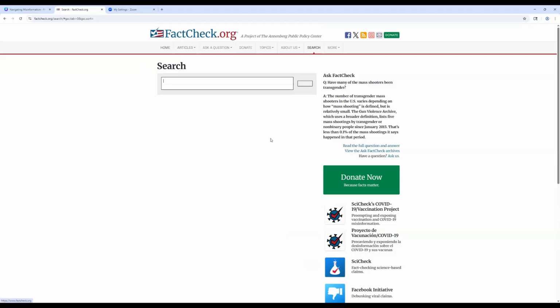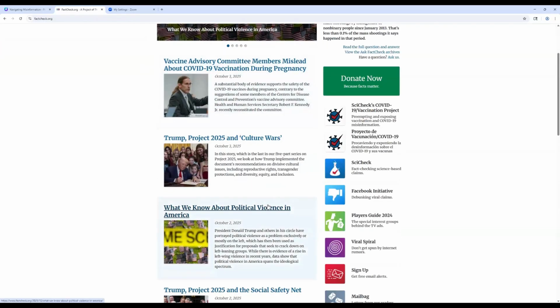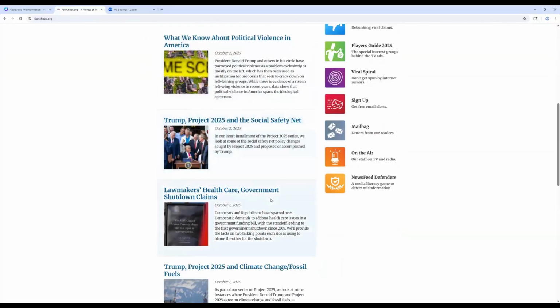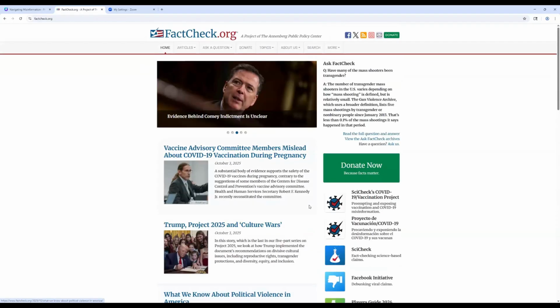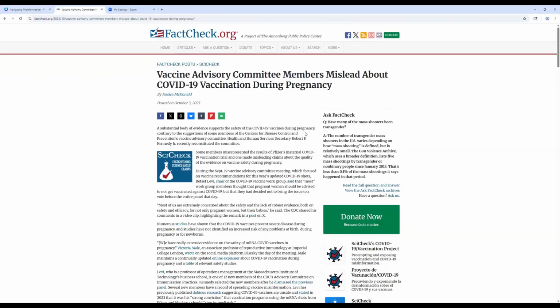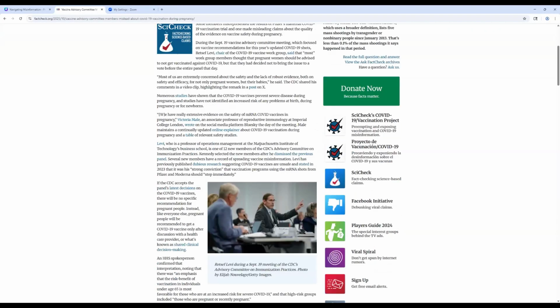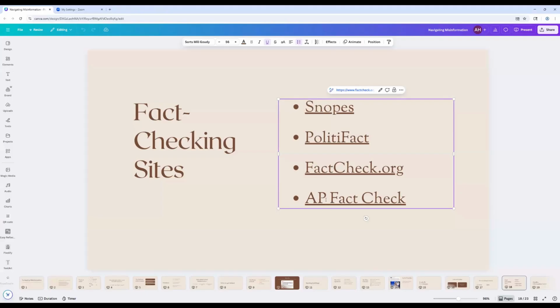Sometimes a lot of these are a little bit political, but they can be useful. If you're looking at information about politics and the government, there's a lot of things that have been going on. It can feel like a deluge sometimes. And they have some fact check posts, and questions and answers. So this is a website you can check out and utilize.